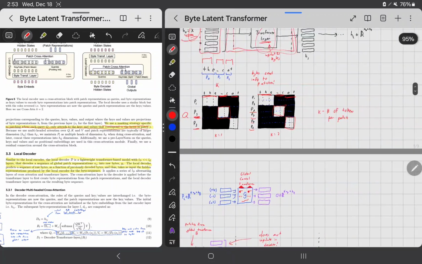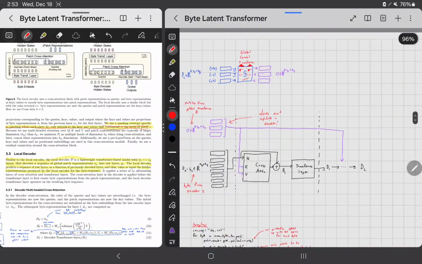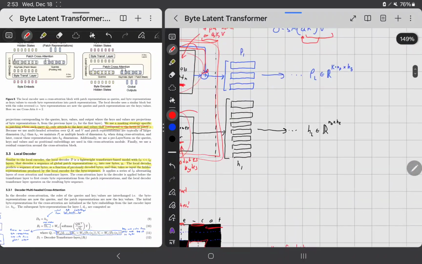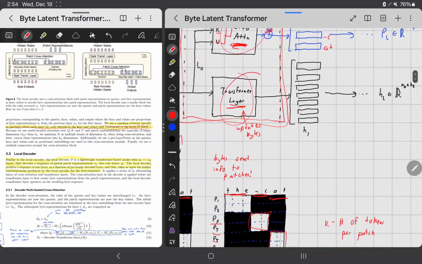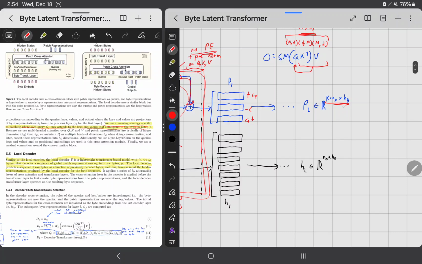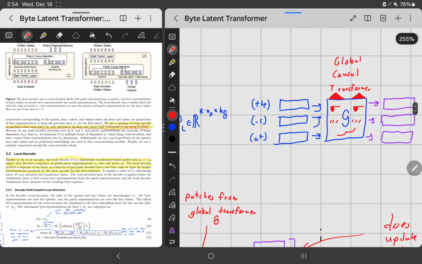So that is the encoder. And this is how you train it in parallel. So now we have our 2 output representations here. Our patches that we have, or our byte information and our distilled byte information in these patches, where the patches are representative of the space C and A and T here, respectively. So this gives you an output sequence that looks like this, and this gives you an output sequence that looks like this. Cool. So now what you do is you send this through the transformer